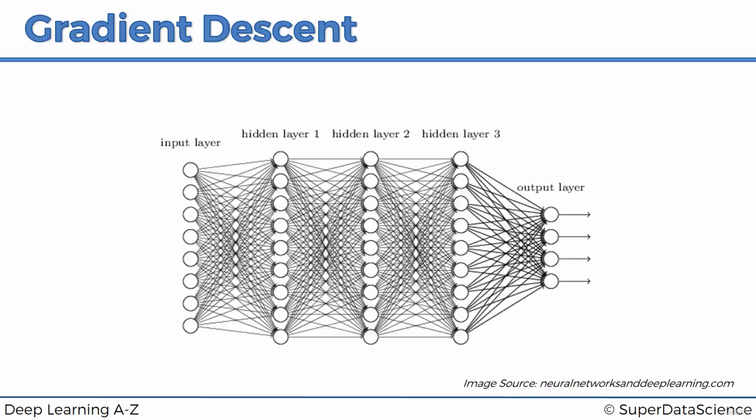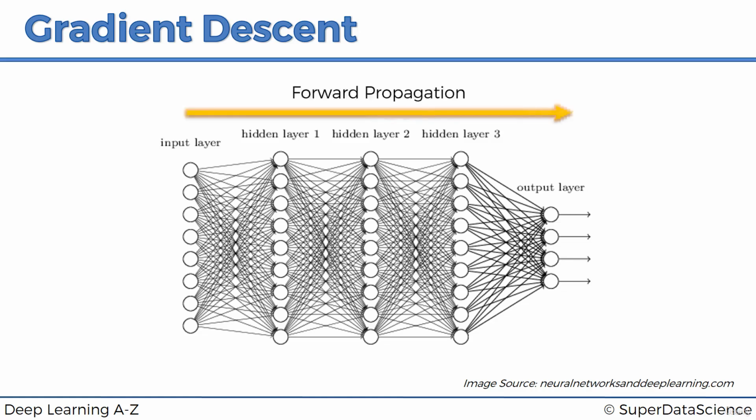Alright, so we already know pretty much everything we need to know about what happens in the neural network. We know that there's a process called forward propagation where information is entered into the input layer and then it's propagated forward to get our y-hats, our output values, and then we compare those to the actual values that we have in our training set, and then we calculate the errors. Then the errors are backpropagated through the network in the opposite direction,